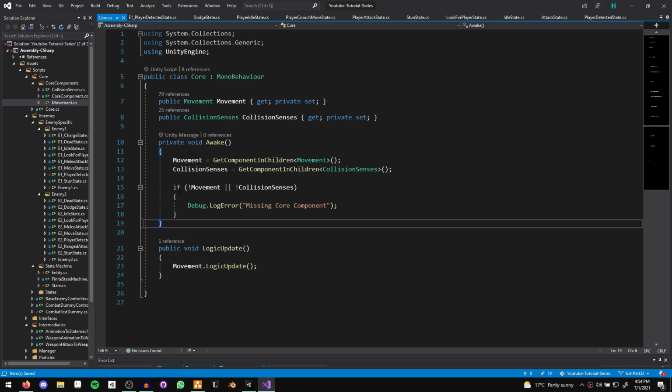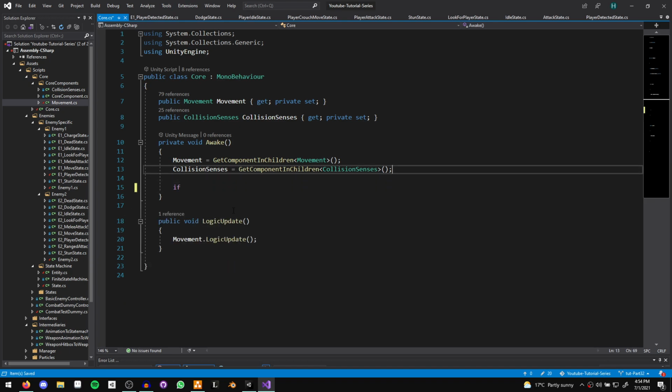So instead of having this if statement that checks to see if either of these components are null and then giving us an error, let's go ahead and get rid of that and only give this error when we actually try and use one of these components. So if we try and get movement or collision senses and we don't have those set up, then we give the error. But that way we can test things without having all these components in place if nothing is using those components. So what we're going to do is, instead of having these auto-generated getters and private setters, we're going